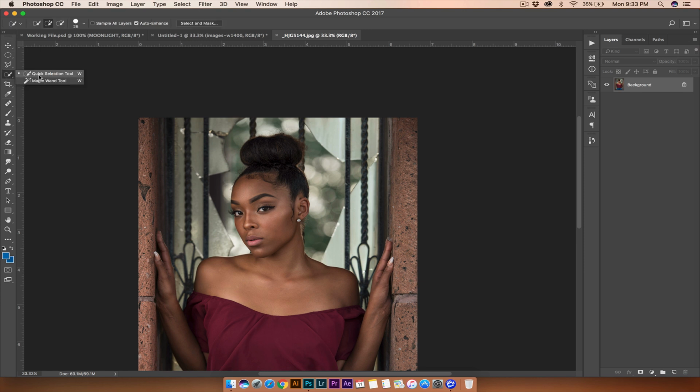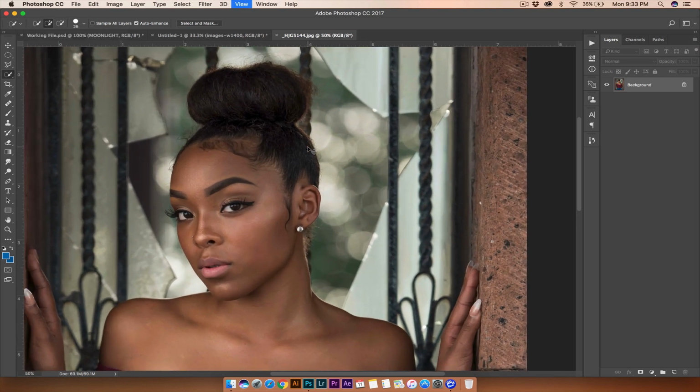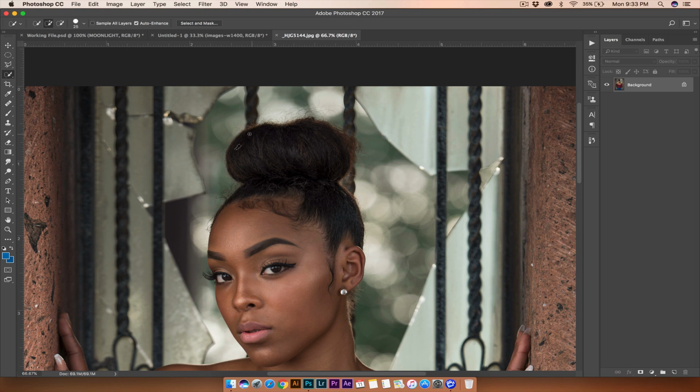So again, using what we already know, our quick selection, make sure this is set to plus, auto enhance turned on, and around 25 for now should be okay. I'm gonna go ahead and zoom in, Control plus, and as I zoom in I'm just gonna select starting right here at the hair. And now I see that I'm grabbing parts that I don't want, but for right now that's perfectly okay. And I'm just gonna go this way